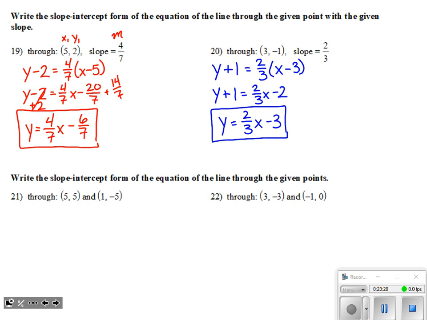And then lastly, 21 and 22. Here we've got 2 points that are going to be our only pieces of information given. We don't have a slope. Our saying goes in our class, if we're slopeless, we're hopeless. So we've got to find that slope first. And to find the slope, remember, if I've got x1, y1, x2, y2, I take my second y value minus my first y value over my second x minus my first x. Here I get negative 10 over negative 4, which is positive 5 over 2 when I simplify it.